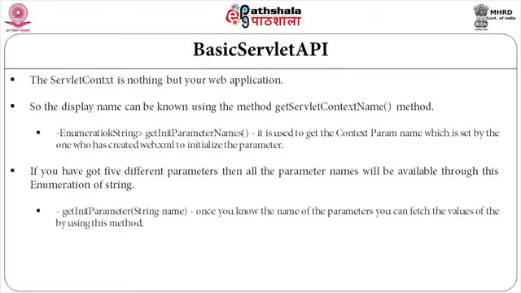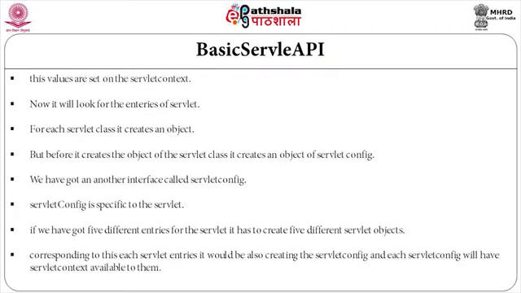If that is required to be known, we have the servlet context interface providing us with methods. There are 2 important methods here. One of those methods is getInitParameterNames. getInitParameterNames returns an enumeration of strings. It is nothing but the enumeration containing all the param names corresponding to all the context param entries. So, if you have 5 different context param entries, the param name in each of them will be available through this enumeration. So, that is the getInitParameterNames method available on servlet context.